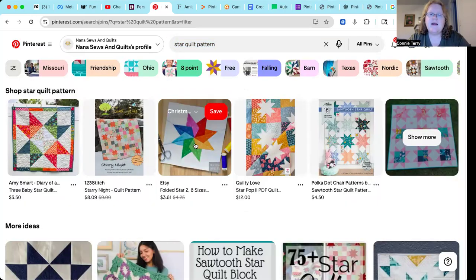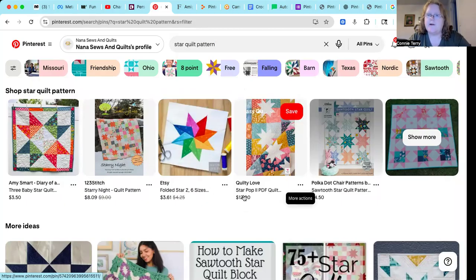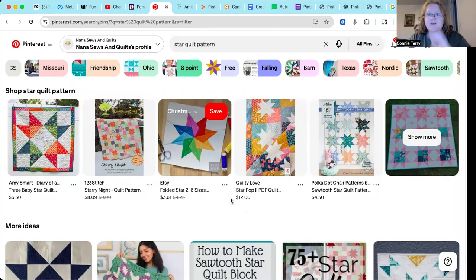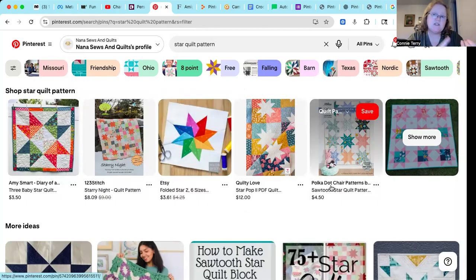But if you had a star quilt pattern and you had it on Etsy, my title would be star quilt pattern, because then when Etsy uploads it, Pinterest is going to pick it up. Okay, you can also do this if you have a Shopify or WooCommerce.